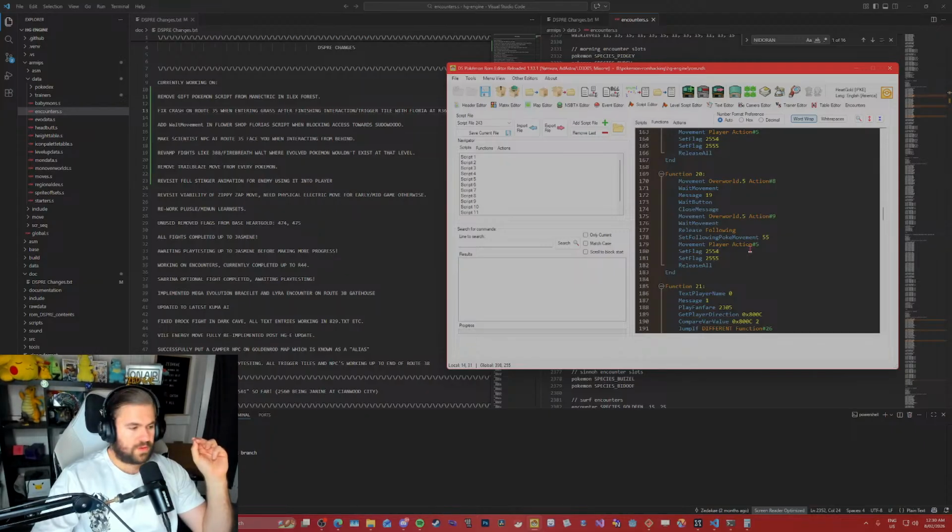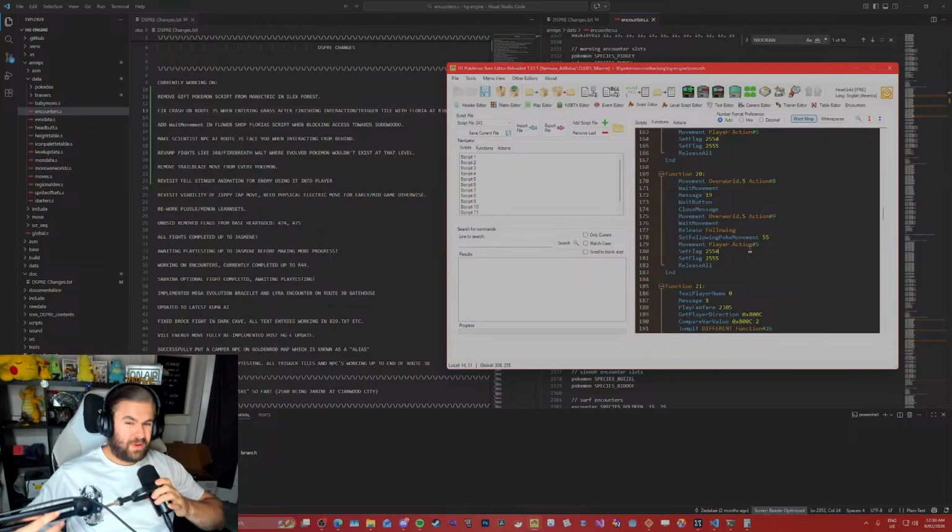What is set flag 255 form? I mean, that's a possibility.